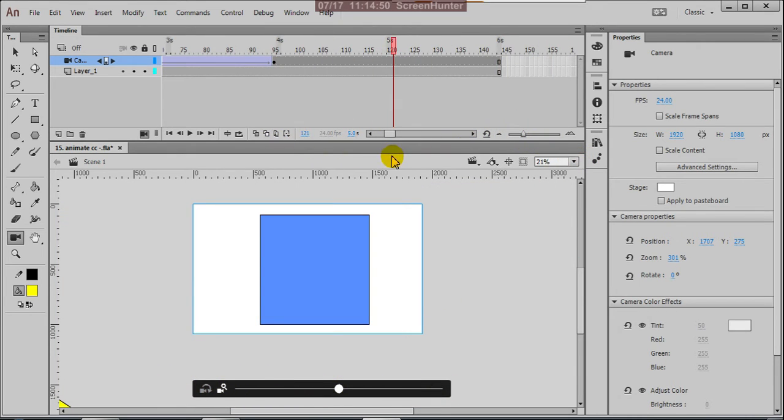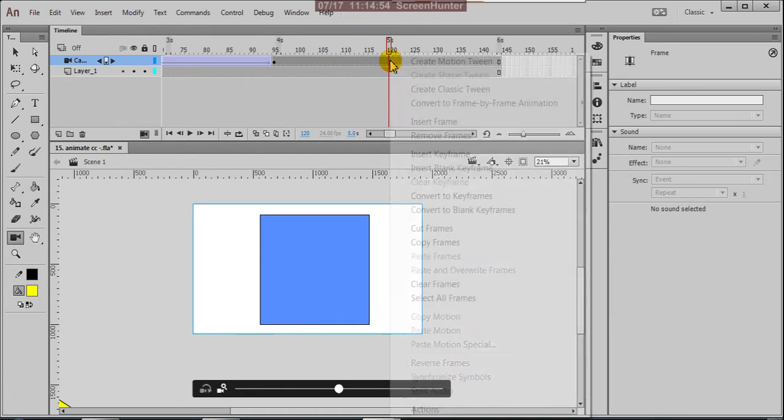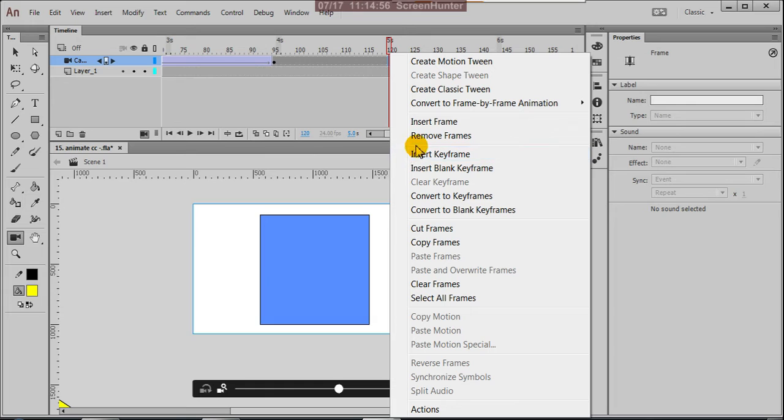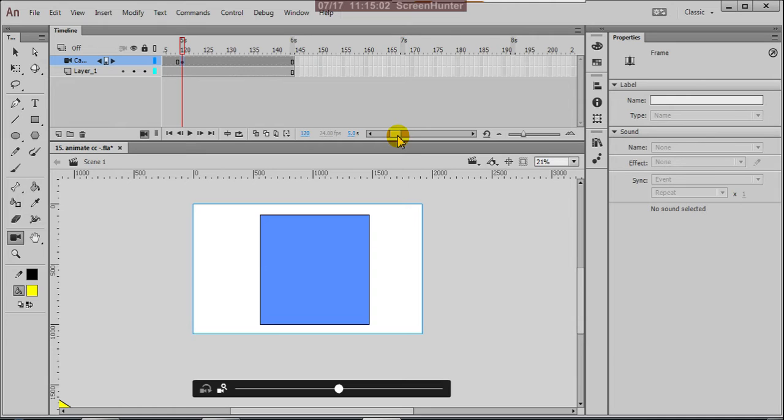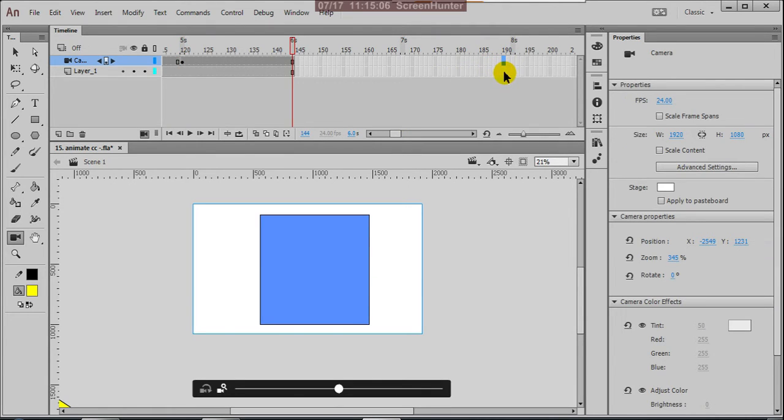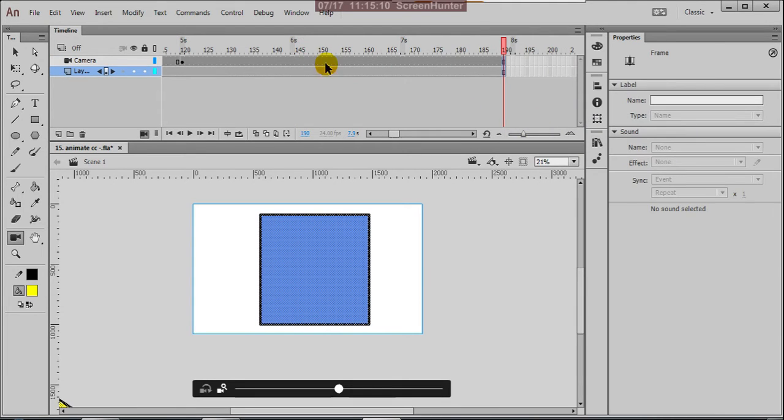Then up to 5 seconds the same frame will come, and here you can extend this up to 190. You can extend easily.